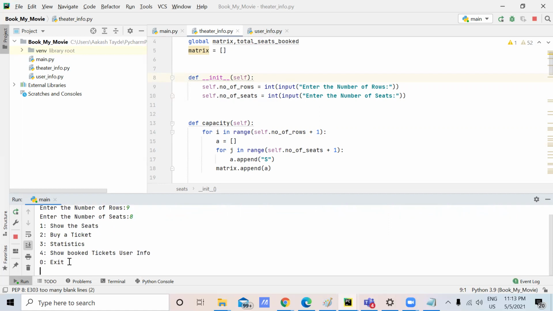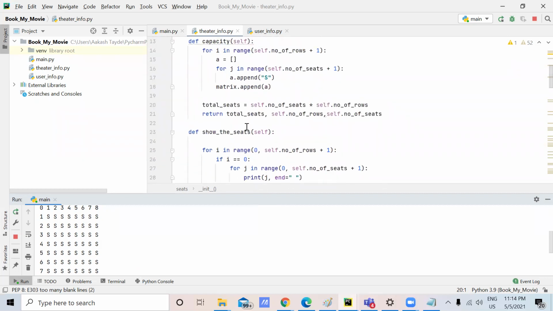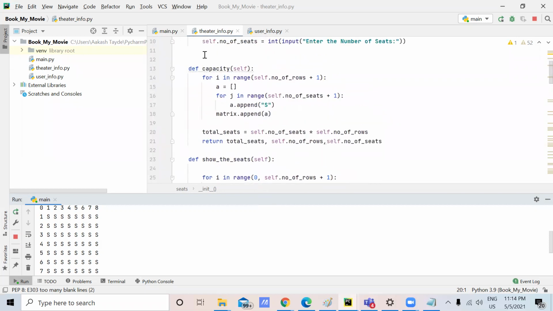Now if I say show the seats, I have to select one. It is showing me a matrix representation of the auditorium. As you can see, it has 9 rows and 8 columns. These are the seats which a user can book. Currently there are no seats booked. This comes from the capacity.